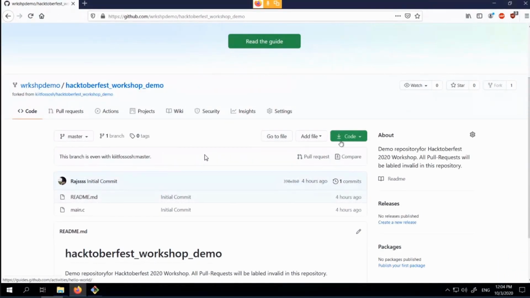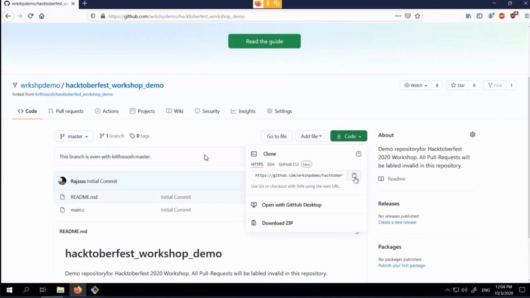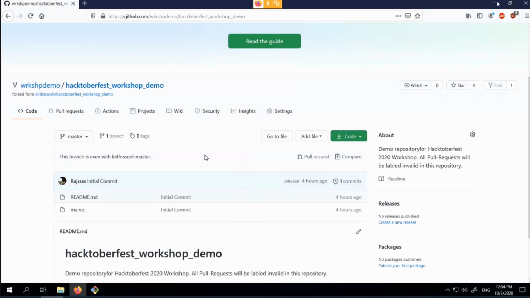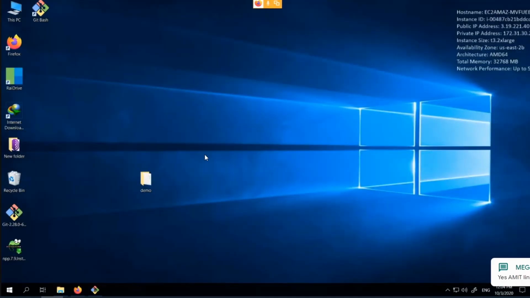So for cloning, it's as simple as going here, to this green code button, and clicking this paste icon. I hope you all can see it. Just click it, and the link to the repository will be copied. Once it's copied, you move to the git bash,